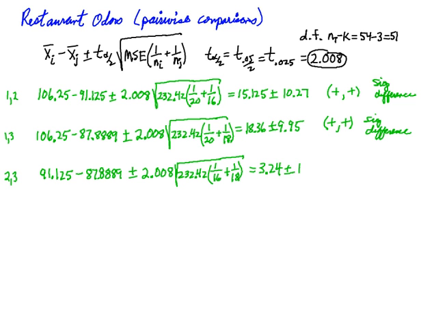My margin of error is 10.52. Now if I subtract that from 3.24, I'm going to get negative on the lower end and positive on the upper end. That means under an alpha 0.05 level of significance with 95% confidence, it could really be one or the other. The difference could be positive or it could also be negative. So under that level of significance, I'm not willing to risk saying that there is a significant difference here in the population averages. So I will say no significant